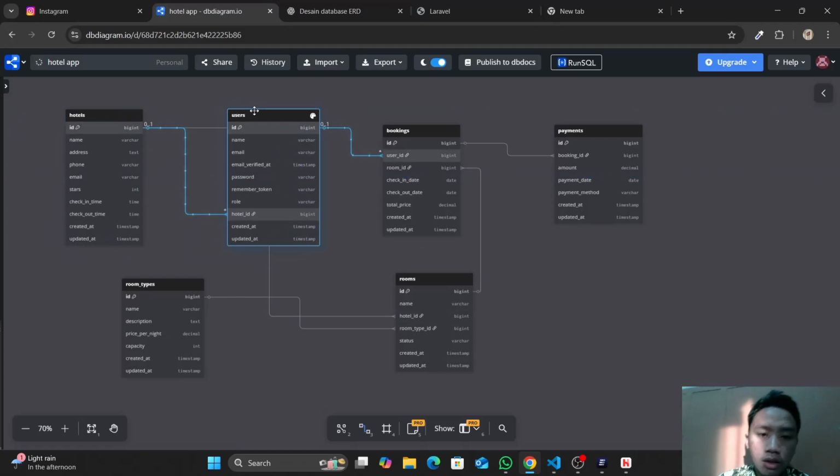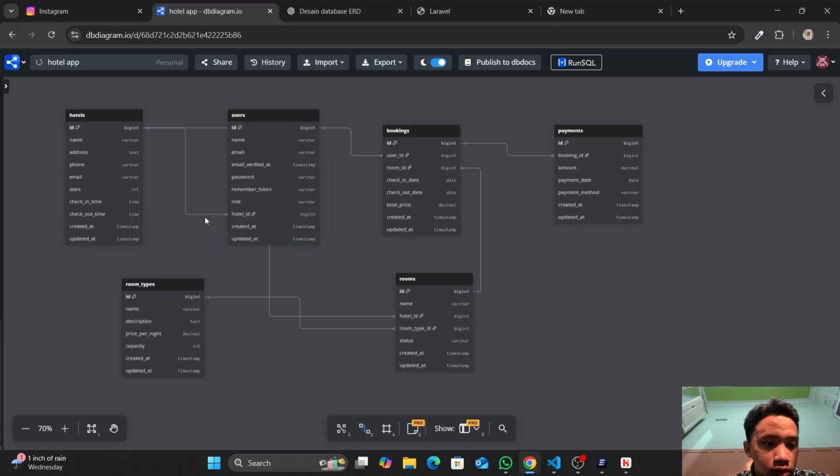After that, I'll show you the database for this project. There are users, there are rooms. Every box is an entity. And every entity has a primary key and a foreign key.